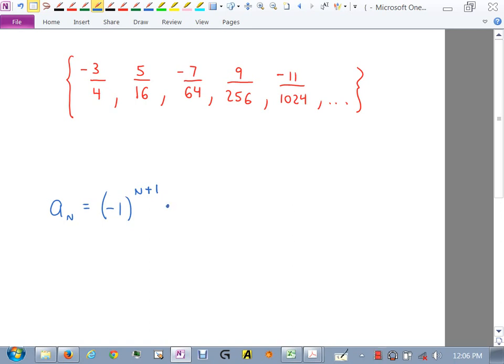Now, times, I have a fraction, don't I? This is a fraction bar. Can anybody tell me the pattern of the numerator of this thing? Forget the signs, right? The positive, negative doesn't matter anymore. What is it? What are these? Yes, it adds 2, but these are odds, right? How do we create the odds? 2n plus 1? That's what we use to create the odds. But we need to start at 3. 2n plus 3.